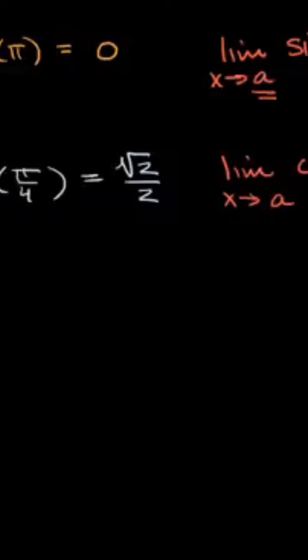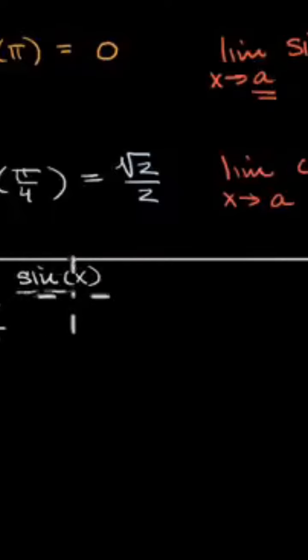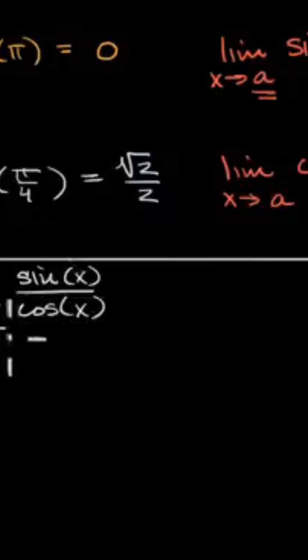But now let's do slightly more involved trigonometric functions, or ones that aren't defined for all real numbers, that their domains are constrained just a little bit more. So let's say we were to take the limit as x approaches pi of tangent of x. What is this going to be equal to? Well, this is the same thing as the limit as x approaches pi. Tangent of x is sine of x over cosine of x. And so both of these are defined for pi. And so we could just substitute pi